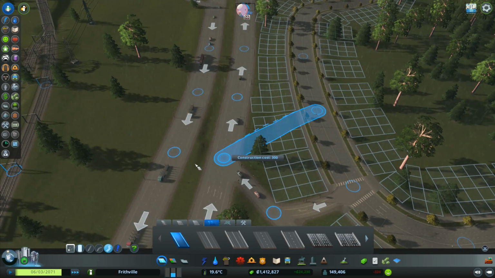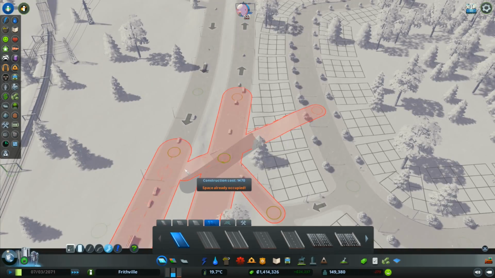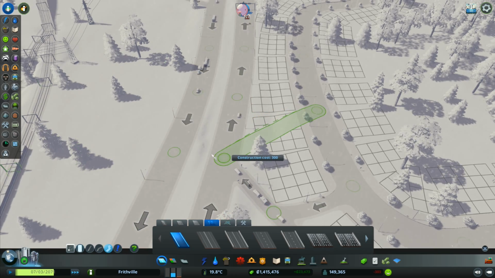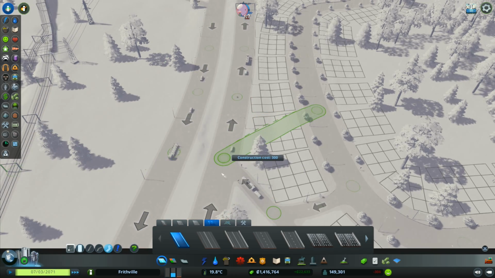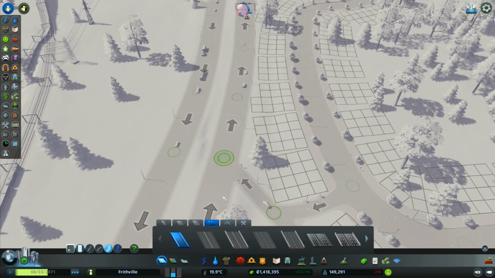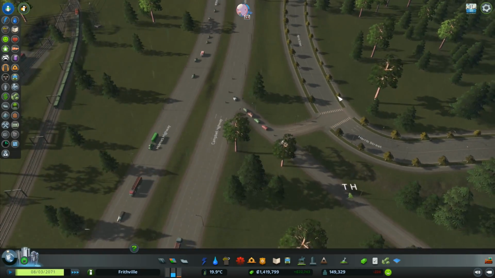That's what I wanted to do. And it's not going to let me do that because it sort of moves it too far away, doesn't it? Can't get to there. Can't get under there. Slope too steep. Right, so it's not going to allow me to do it just on that bit. I kind of wanted to get...